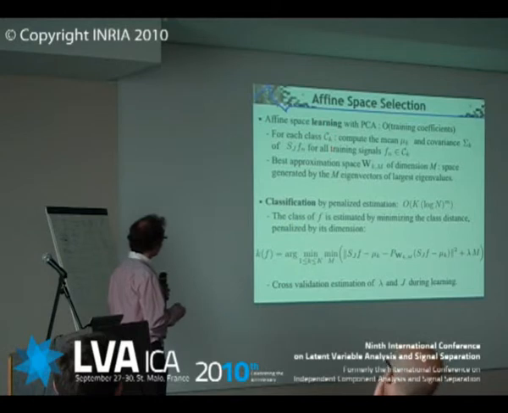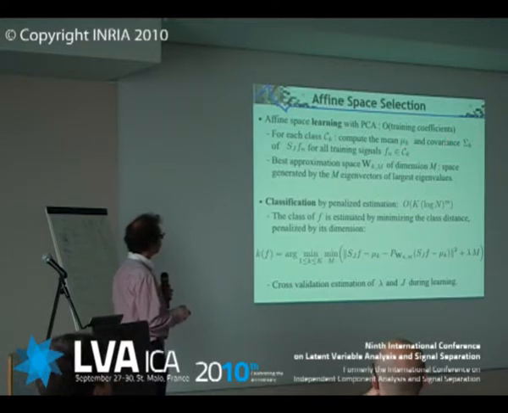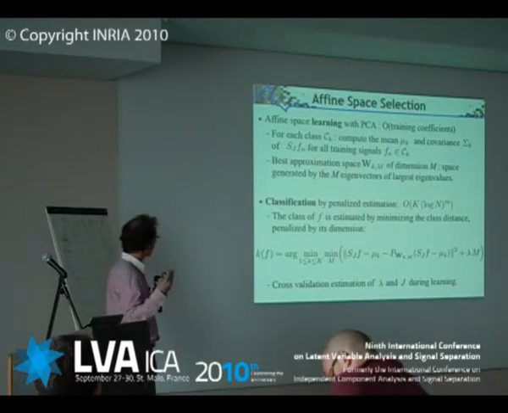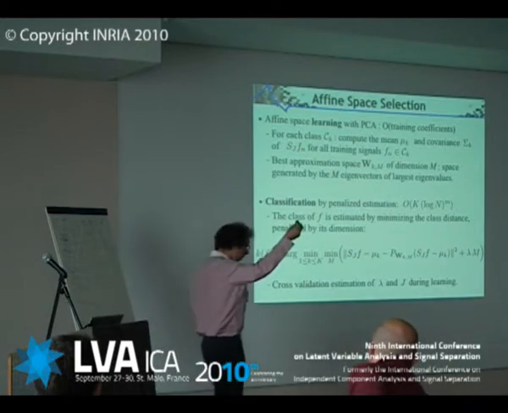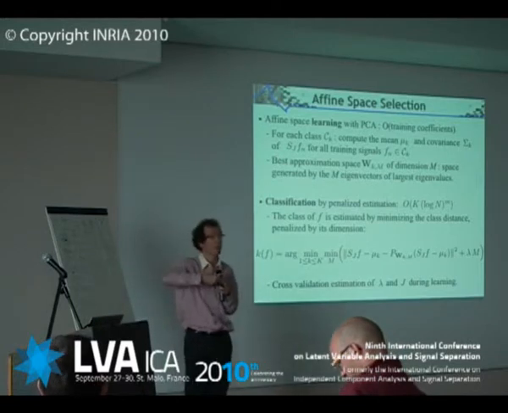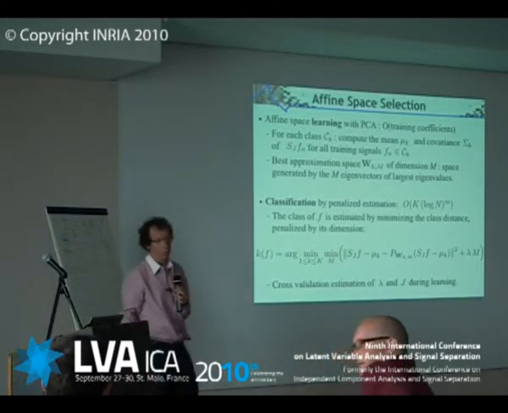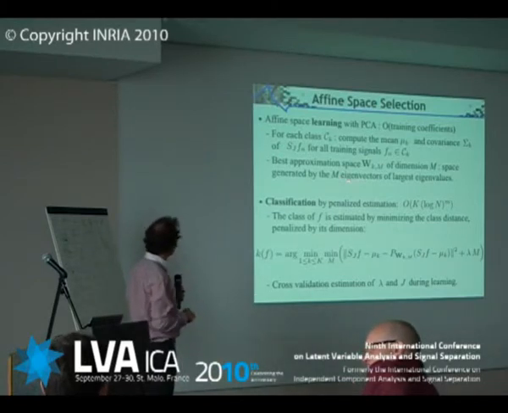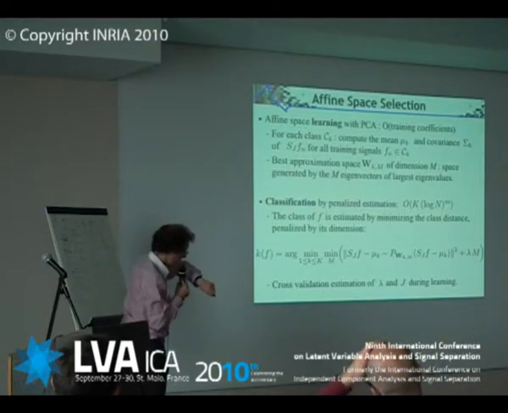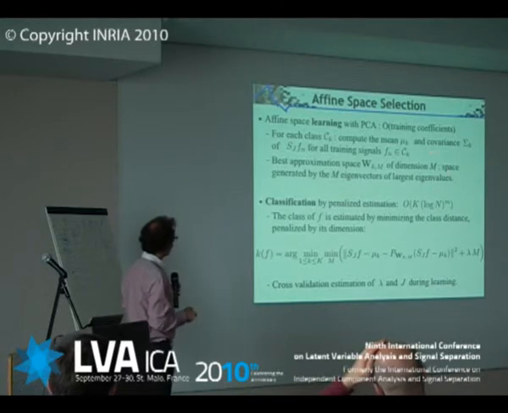So for each class, you take each element of the class and you transform it. You take the average of all of them. You compute the covariance of the transform coefficients, okay? So now you have the average and the covariance for each class. What you want is to find the space which, in some sense, best approximates the elements within the class, which will give me the direction of variabilities. For doing that, we know the simple, optimal way is to do a PCA, namely you diagonalize the covariance, you get the m eigenvectors corresponding to the largest eigenvalues, and you get your space.